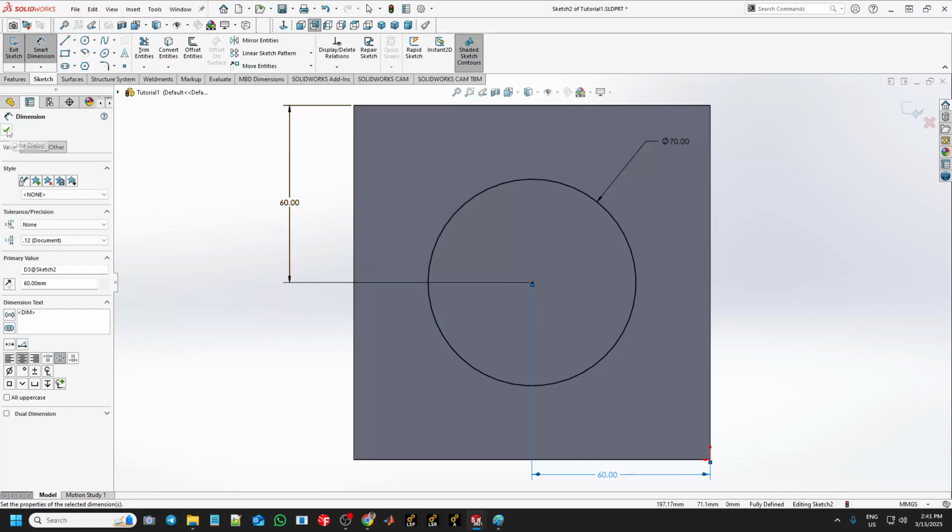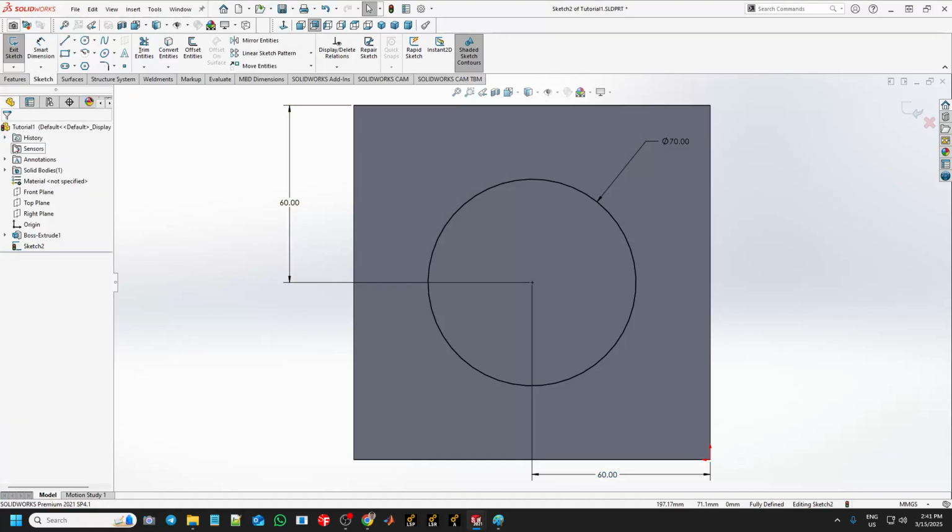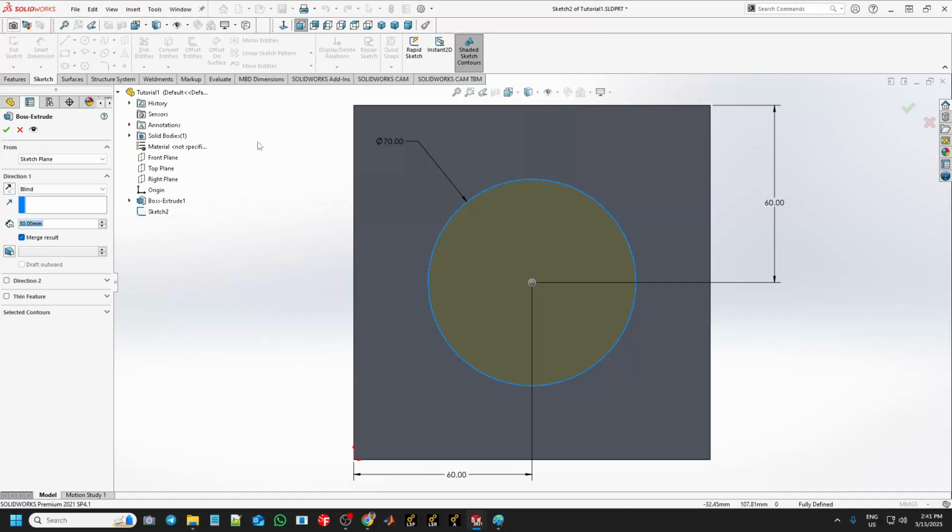And we will close the dialog by selecting the green tick. So now my question is, what should we do now? Yes, exit the sketch. When you exit the sketch,